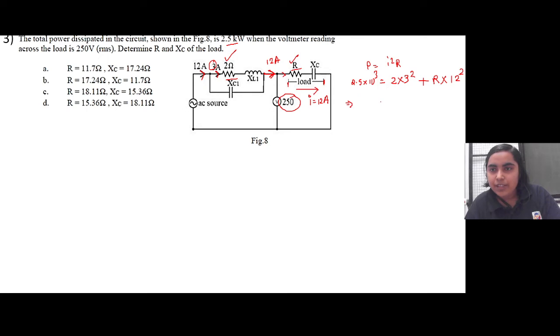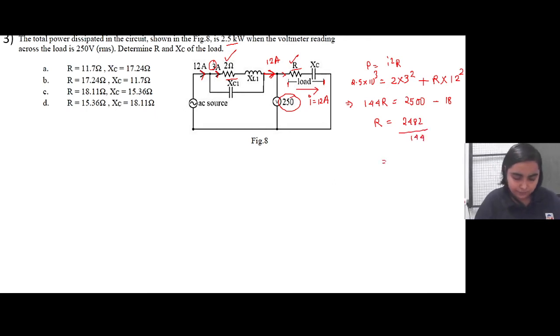So 12 square is 144, R is equal to 2500 minus 9 into 2, 18. So you can calculate R. R is 2500 minus 18, which is 2482, by 144. So this is 17.236 ohm. Now among the options you can see this will be the only correct option, but we also have